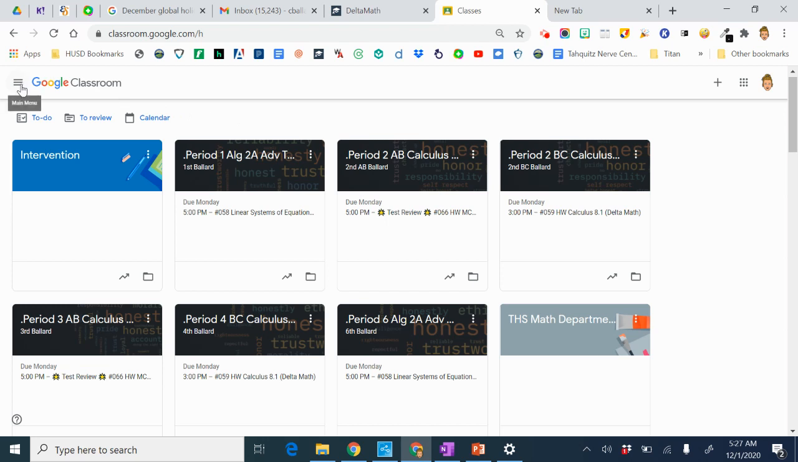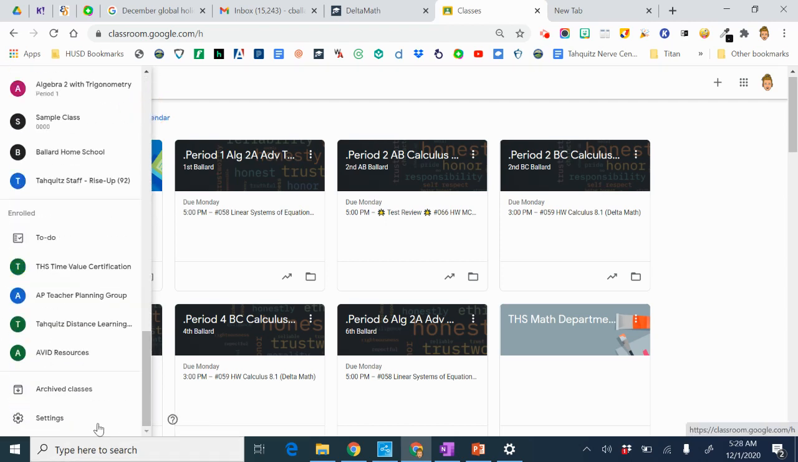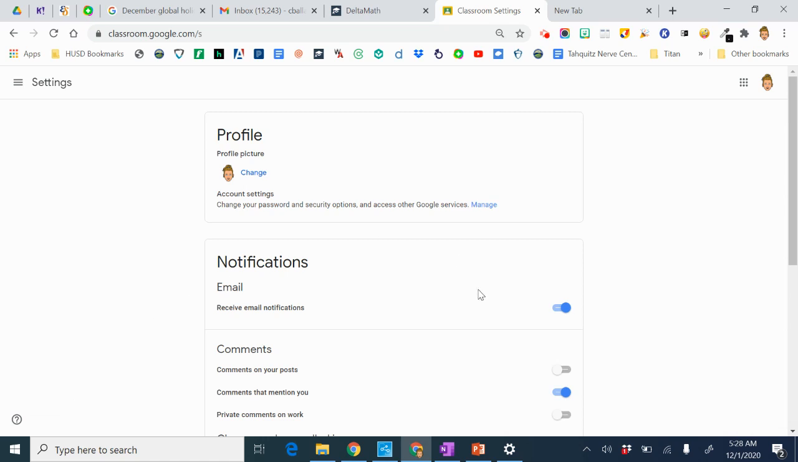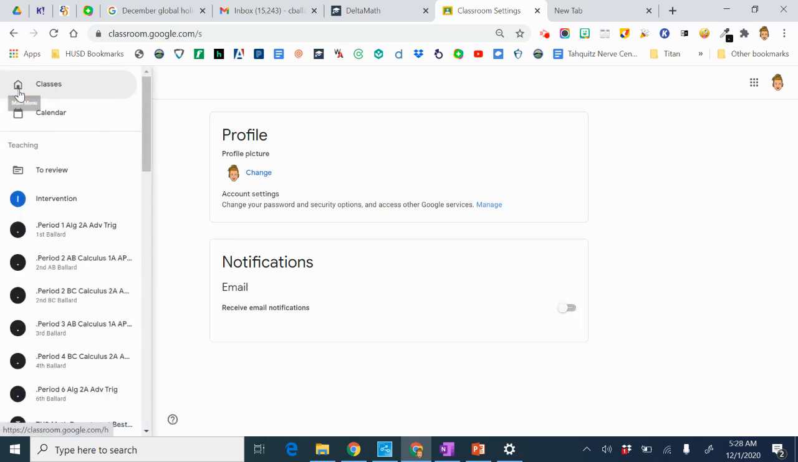So you're going to come over here to the three lines, which is like what we call the hamburger. And you're going to scroll all the way to the very bottom and go to settings. And then you're going to notice there's something called notifications on email. If you don't want any notifications and you don't want any emails from Google Classroom, you can simply just turn that all off. And then what you do, if you do that, is you make sure that you're really